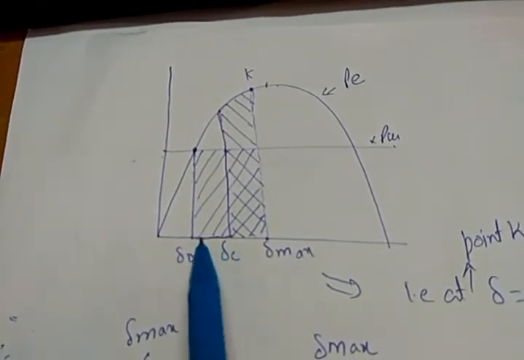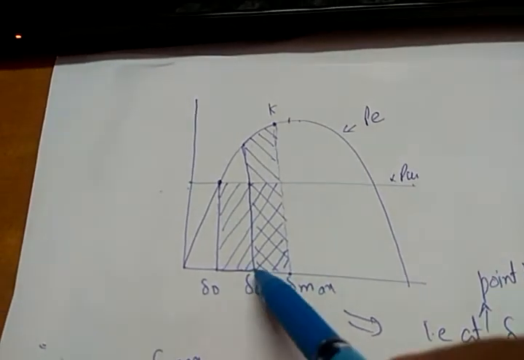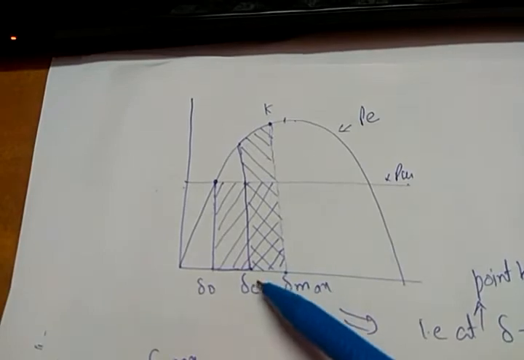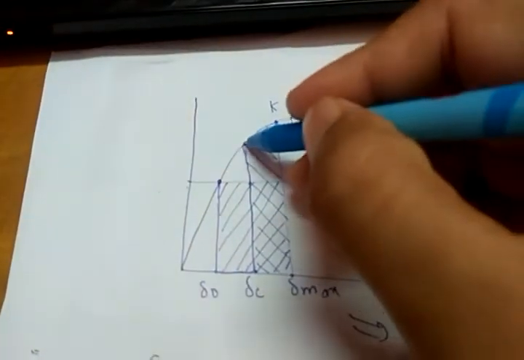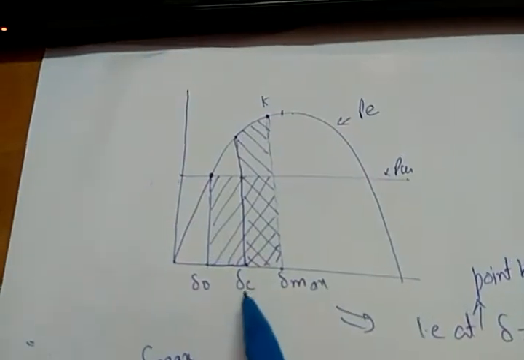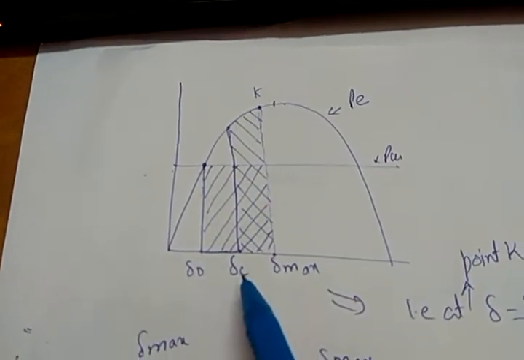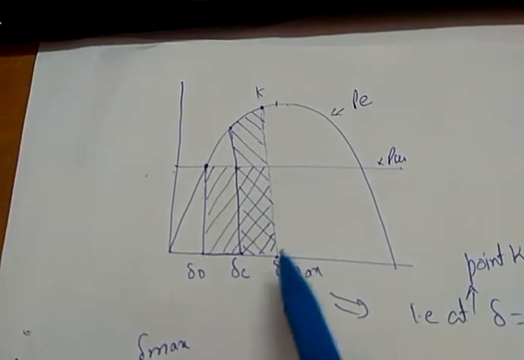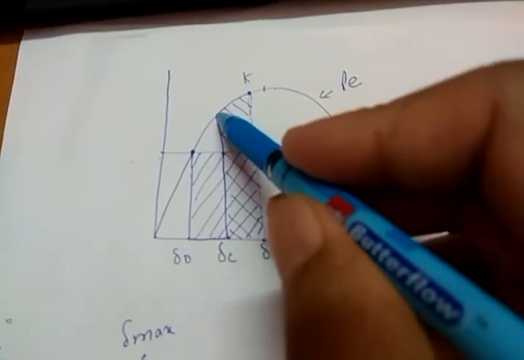So I am saying I am clearing the fault at this point. The moment I clear the fault, I will get some electrical power, corresponding to this delta C, where it is here. That's why I call it the clearing angle, fault clearing angle, delta C, and this clearing angle is also associated with some time that is called fault clearing time. So this is my electrical point now.